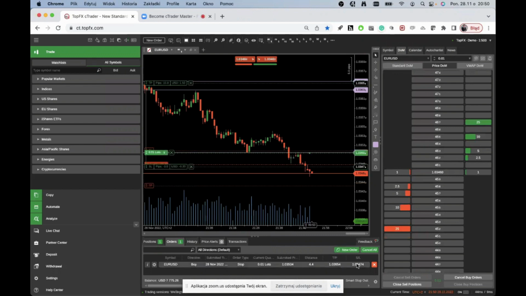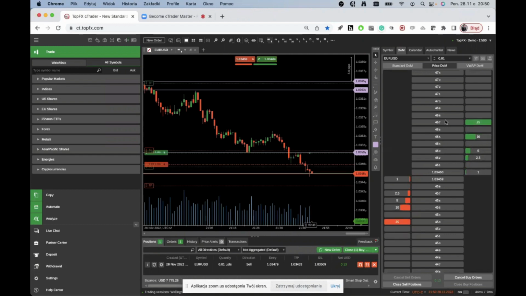Take profit and stop loss orders are in already, right? So you are waiting for this order to be filled for whatever reason you might have. And so that's the other way to deal with the pending orders here. And as you can see, the market is jumping up and down. So right now the price DOM is no longer